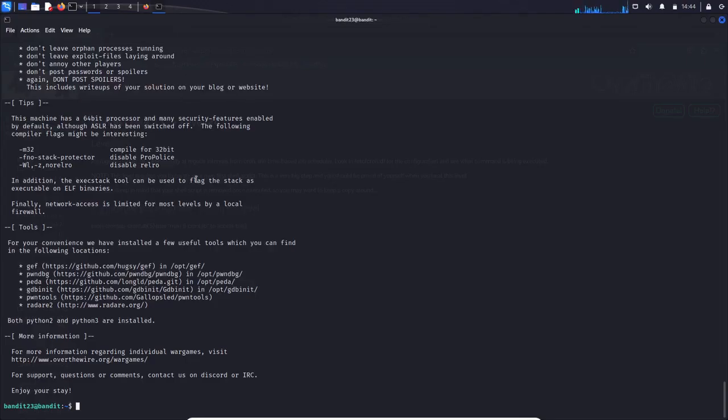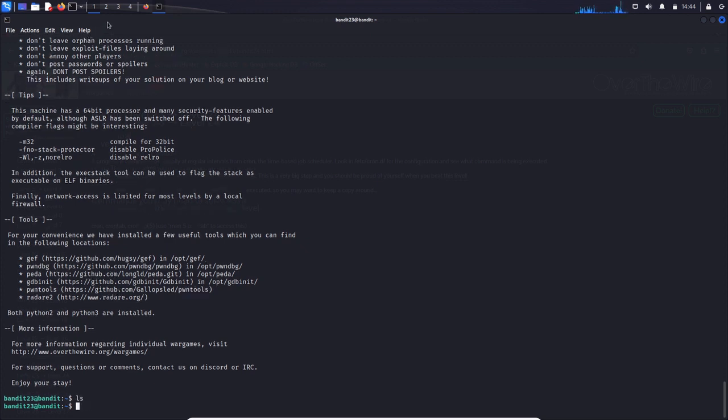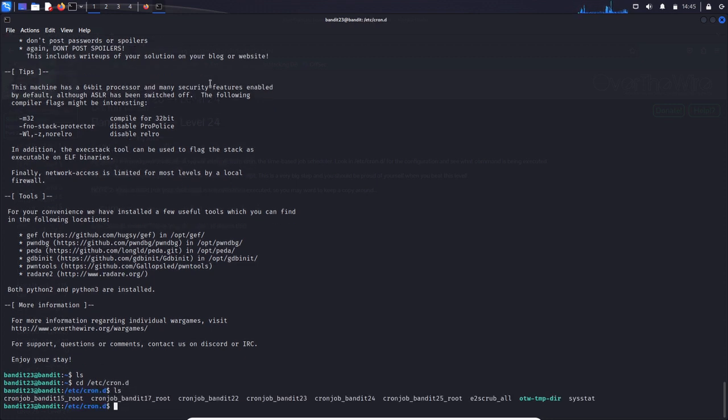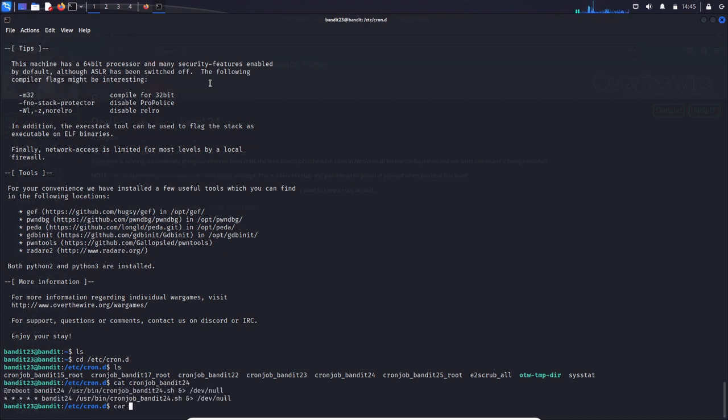So let's just go in here. Let's look at what's inside of Bandit 23. There's nothing there. Again, we have to go to the etc cron.d, ls, and then it says bandit24. Let's look at that. So cat cronjob bandit24, and then cat, not car, cat, two completely different things, usr bin cronjob